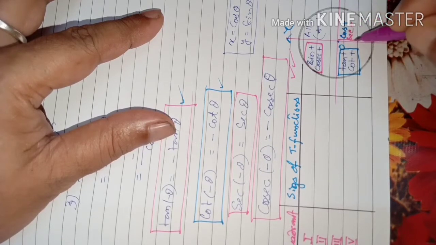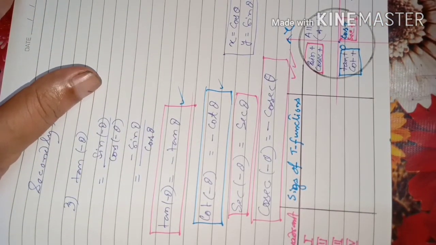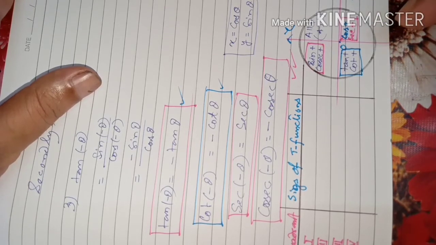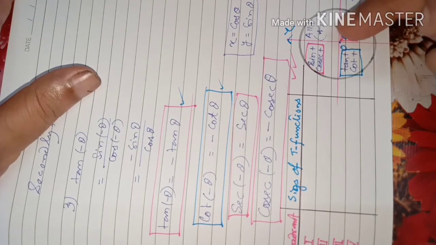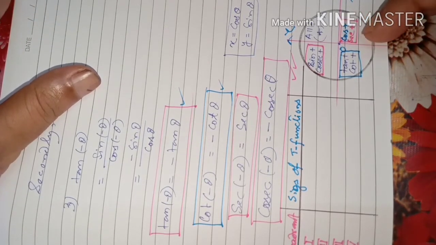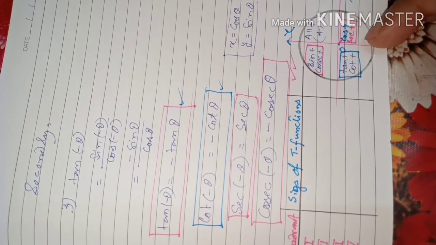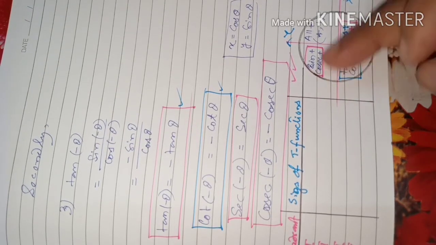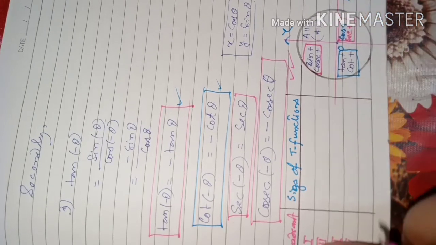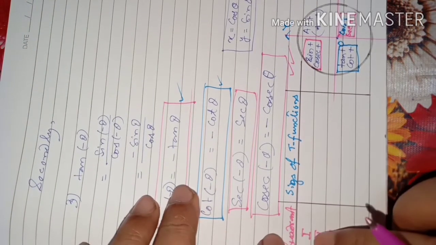Then after cos and sec, the remaining ratios will be negative here, because the remaining ratios are dependent on sine and cos both. Like cosec is dependent on sine, so sine is negative, so cosec is negative. Cot is negative because sine is involved there, and tan is negative because sine is involved there. So these two will be positive here, and all will be positive here. So let us write down the sign of the trigonometric functions in the first quadrant.